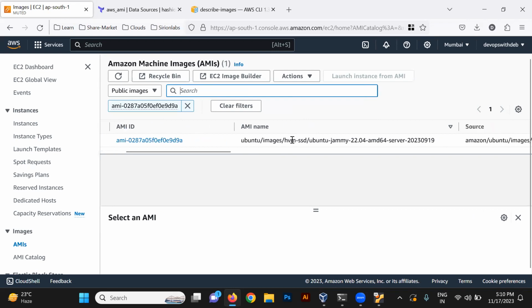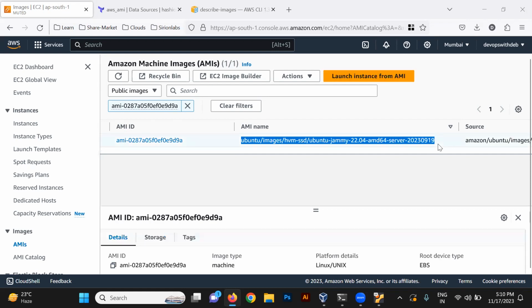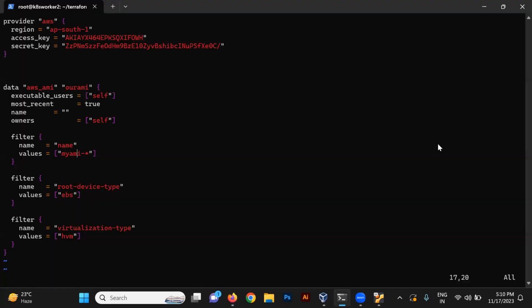Now, see, we need this image. The image name would be this thing, right? And my image name would be this. And if you check this regex, we would be using this regex, which means it will take all images, but as the most recent one, right? It will take all images, but as the most recent one. Fine. And after that,